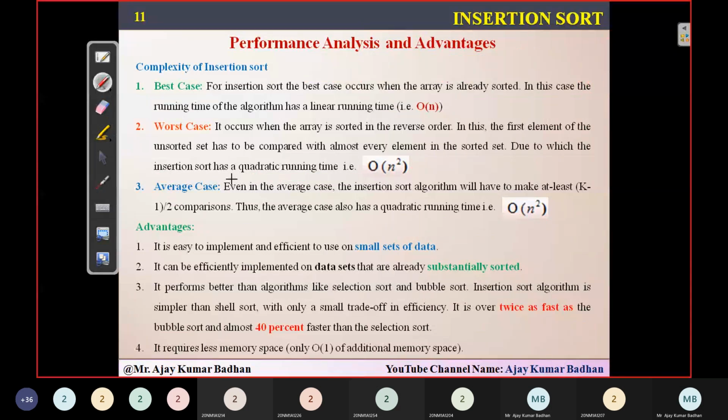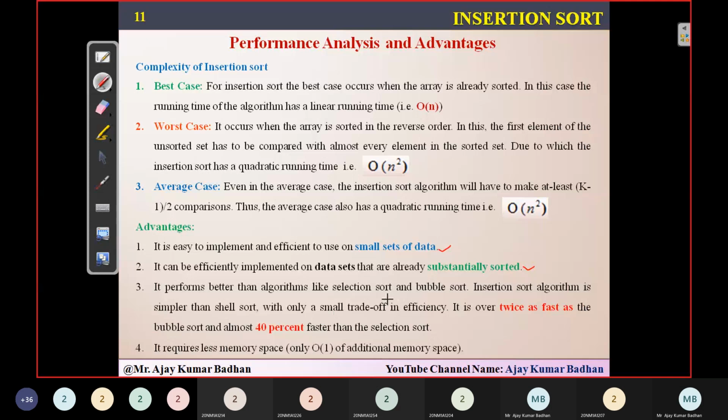And the advantage of insertion sort is that it can be applied to a small set of data. You people understand easily, as I told you, that we can apply it to a smaller set of data. Wherever the data set is sorted, it performs better when compared to other sorting techniques.